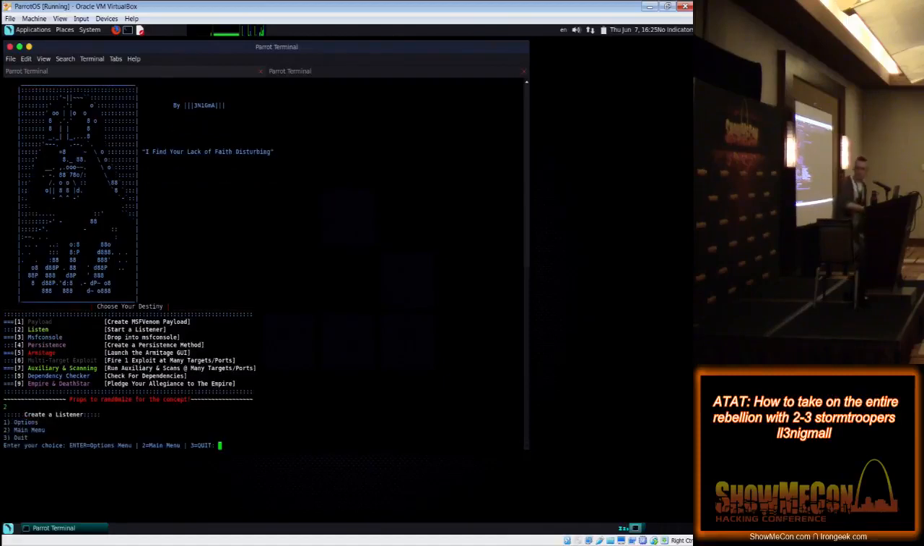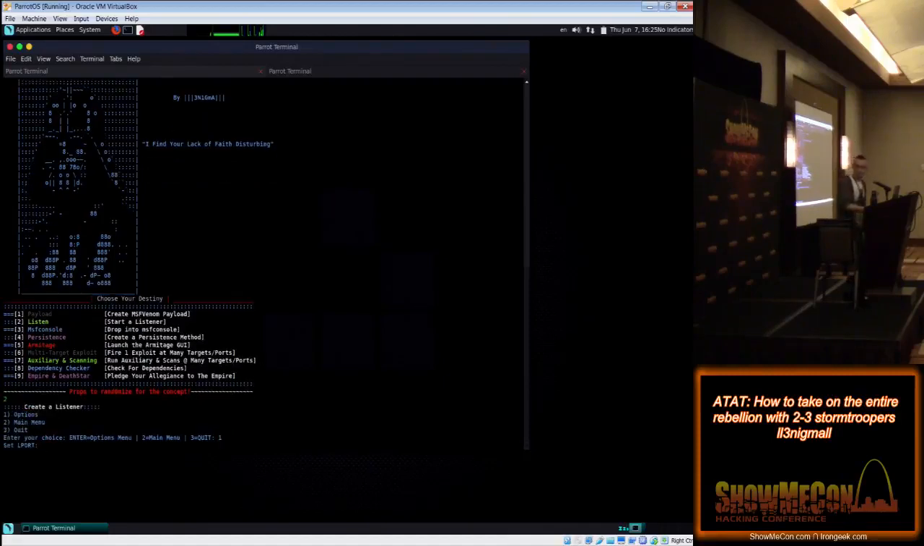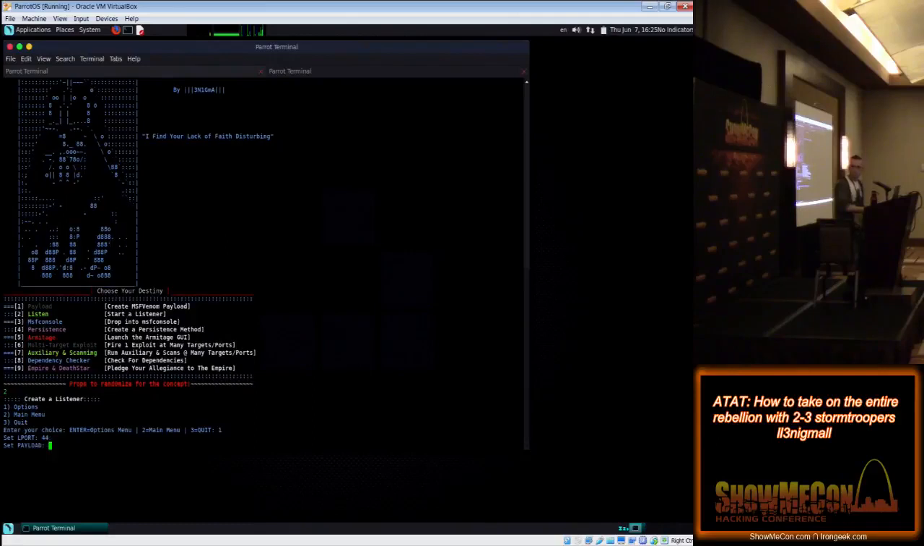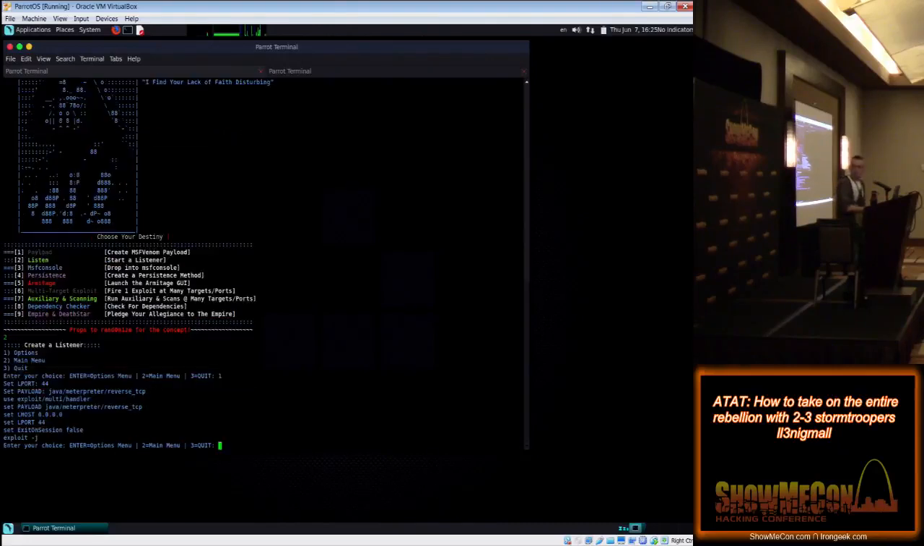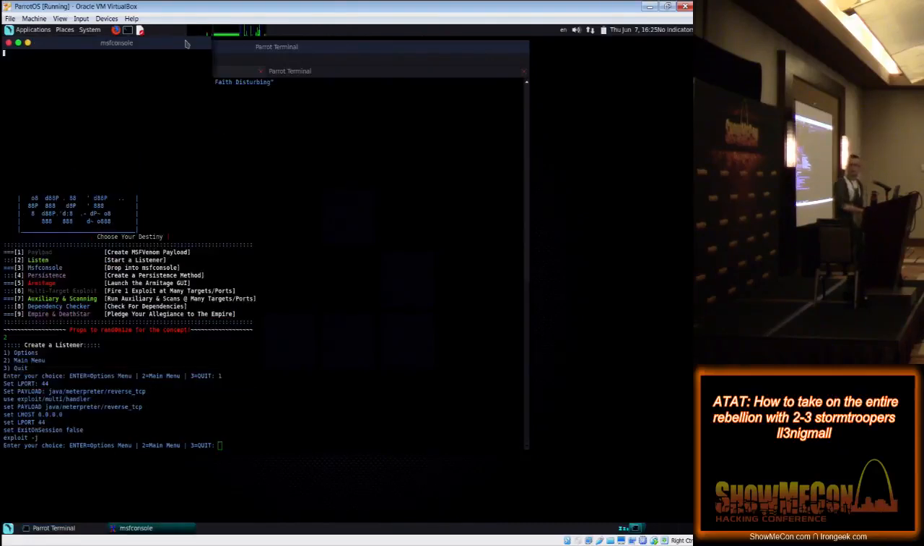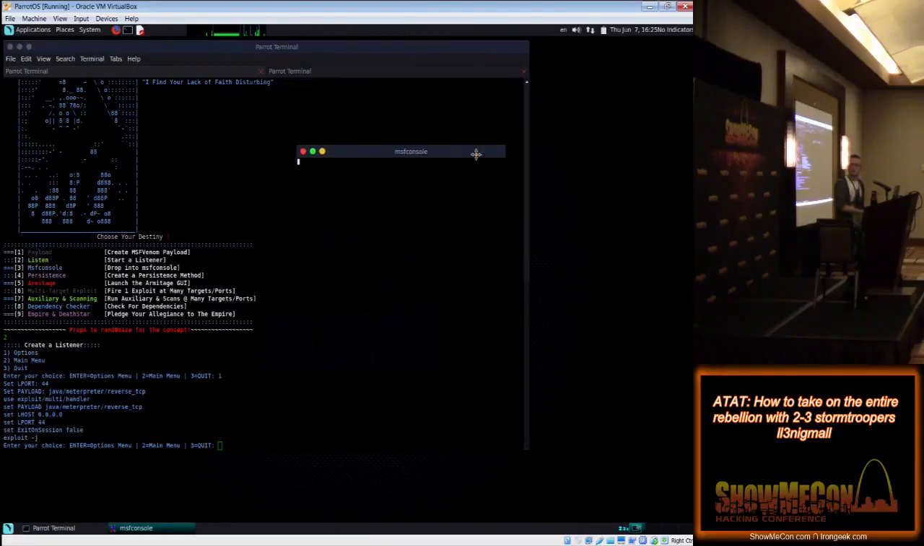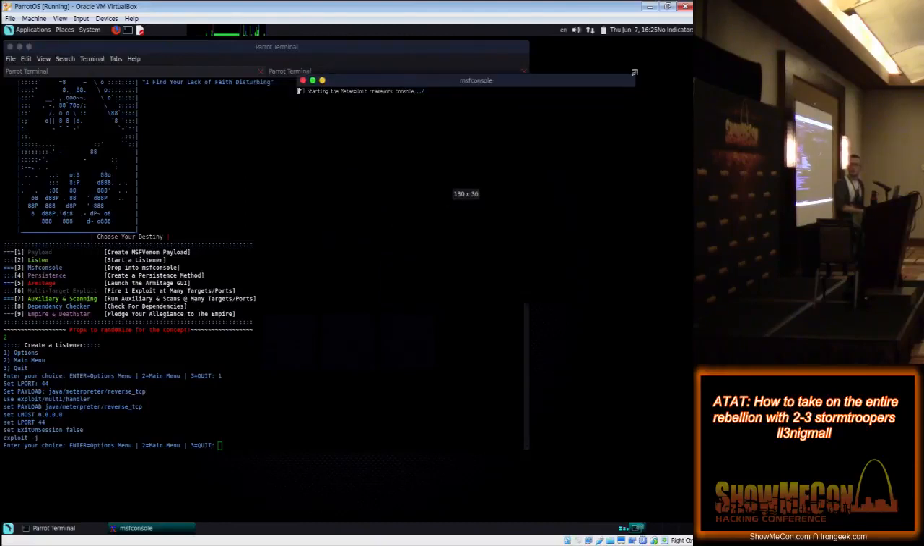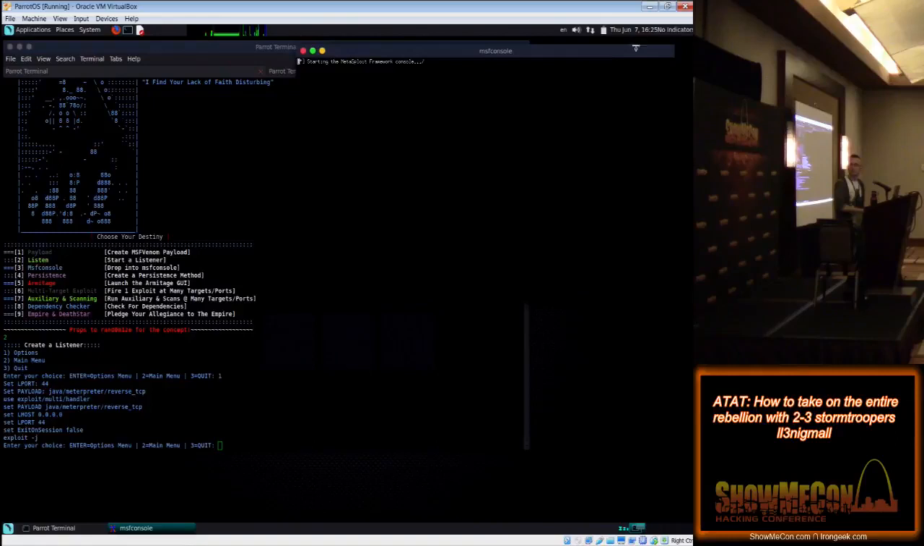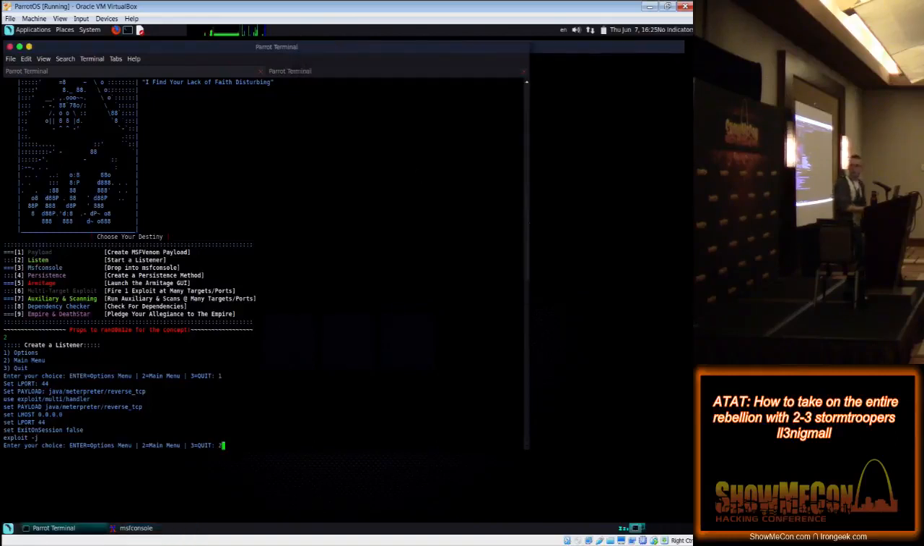So if we start our listener, select our port, and then the payload. Those are the only two options you need to set when creating a listener, and AT-AT does the rest. We will then go back to the main menu